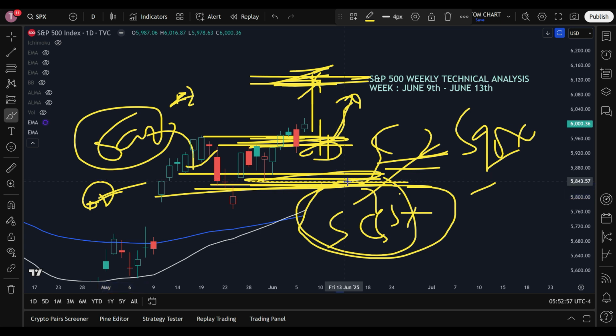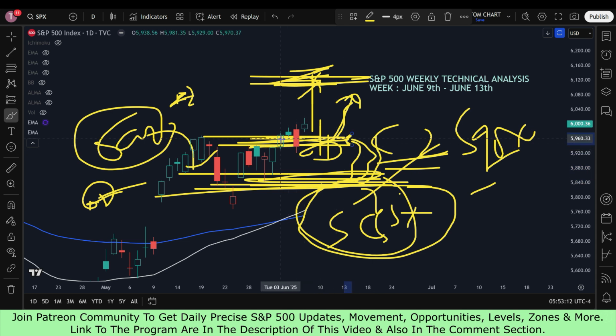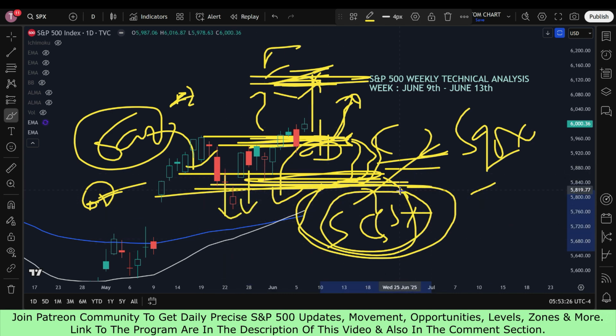If there is any bounce, then that bounce will happen from here to the confluence zone. But in this case, a bounce from the zone that starts from 585x will be limited and restricted to the confluence zone. This will not indicate that it is now going towards 6000 or 6147. No, just to the confluence zone and then a fall. Once there come two consecutive closings below the zone that starts from 585x, this means that the market has now entered into the recession cycle.